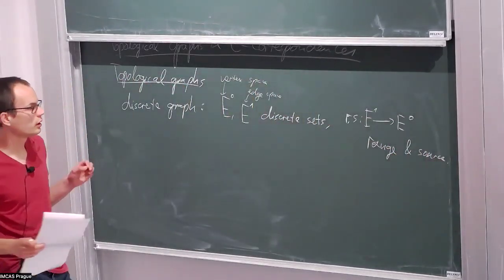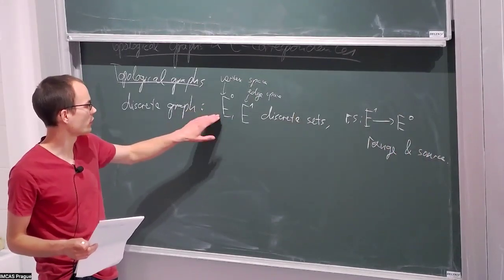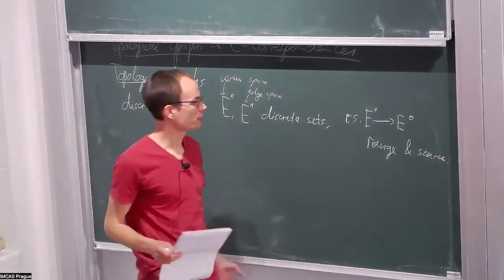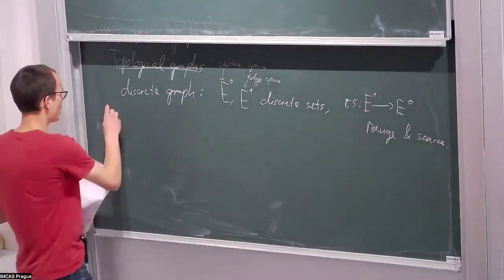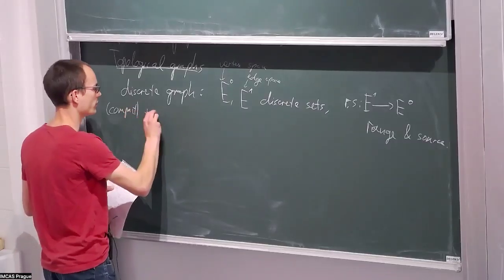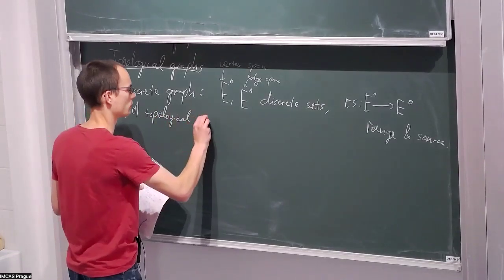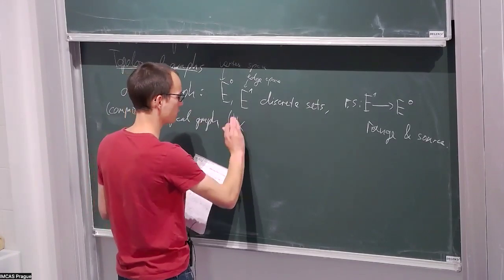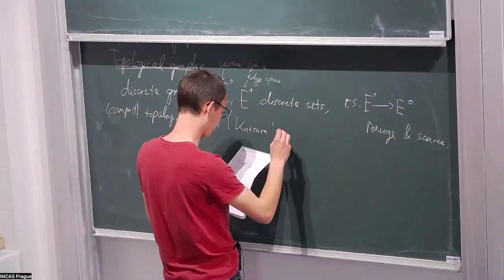And now we could, in principle, just ask E0 and E1 to be topological spaces instead of discrete sets, and these range and source maps to be continuous maps. So a compact topological graph, this was defined by Katsura in 2003,